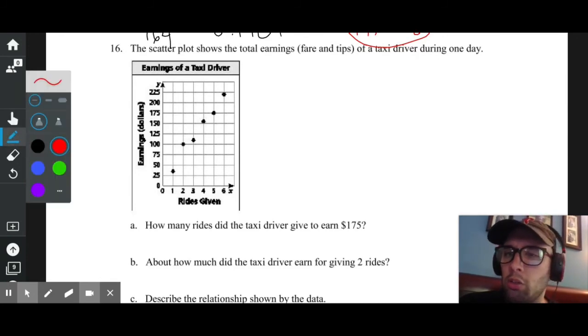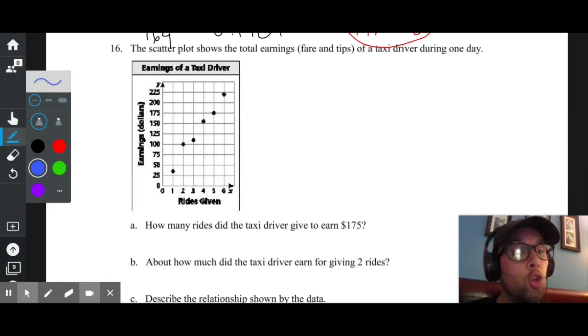The scatter plot shows the total earnings, fare, and tips of a taxi driver during one day. So it looks like the more rides this person gives in a taxi or Uber,